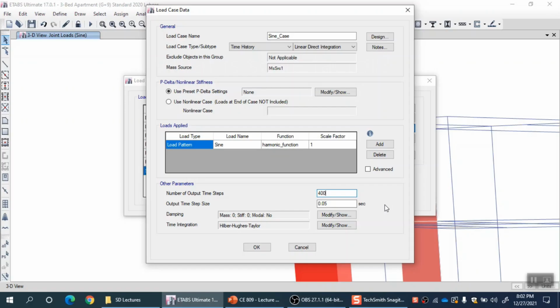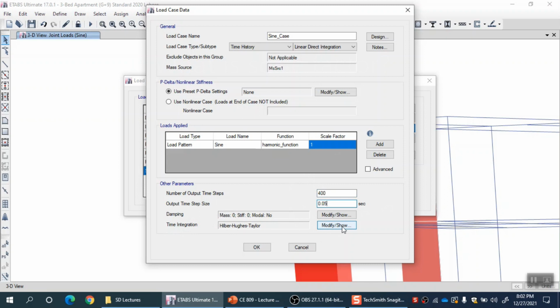So scale factor is just one multiplier which will be multiplied to your applied loading, and then that loading will be applied. So you can use it for many purposes. Sometimes it is used to make the units consistent. The applied loading function is in some other units, and your actual loading should be applied in some other units. Your model has a different unit. So in order to make them consistent, you can apply that factor here. So several purposes this scale factor serves.